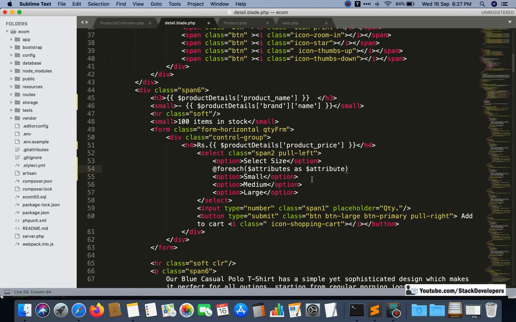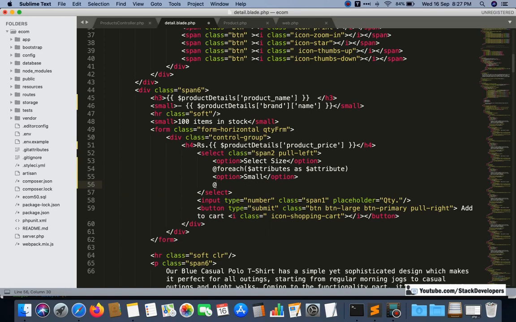Okay, here I can remove all and for it, here I am going to show dollar attribute size.